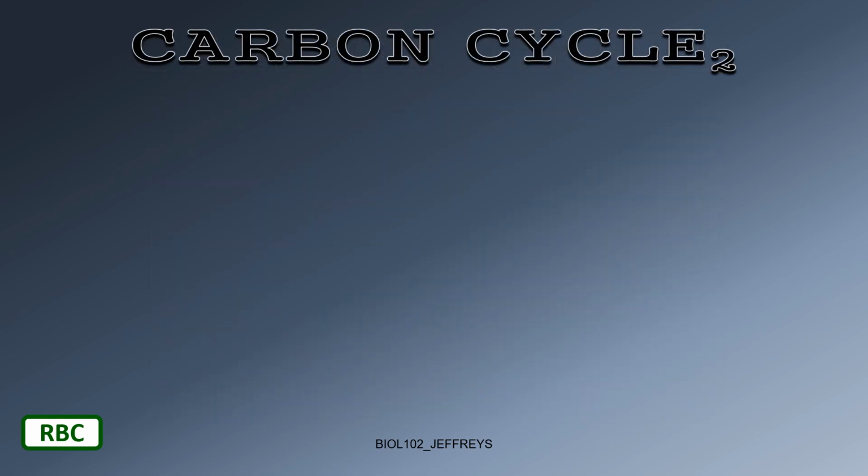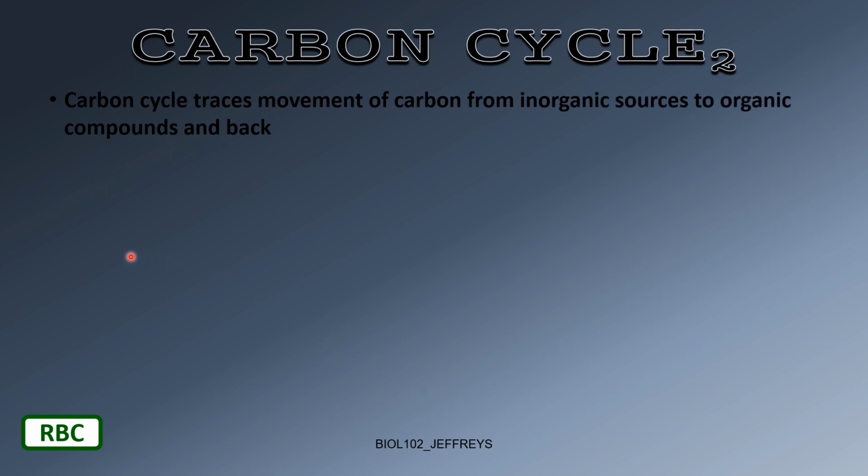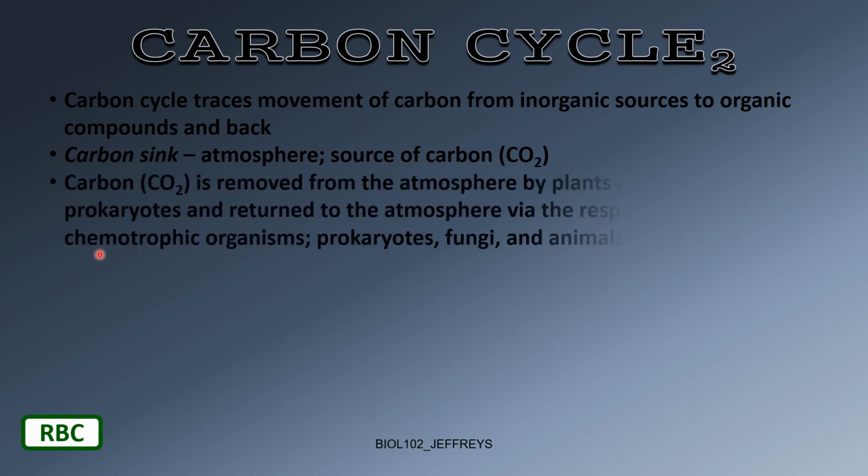So, things to remember about the carbon cycle. The carbon cycle traces the movement of carbon from inorganic sources to organic compounds and back. Inorganic sources would be the carbon dioxide gas in the atmosphere. So I call it the carbon sink. That's the atmosphere, and that's the storage place for all of the biosphere's carbon in the form of carbon dioxide gas. So that's the source of all carbon. It's a carbon sink. Now, carbon dioxide, that's CO2, is removed from the atmosphere by plants and marine prokaryotes and